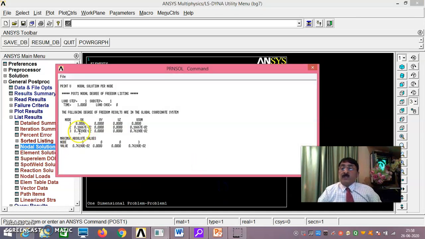Now it is correct. 0.1667 into 10 to the power of minus 2 is 0.0016, and then 0.7619 into 10 to the power of minus 2, that is 0.0073, we have got by theoretical answer. Now it is correctly matching with the theoretical results.